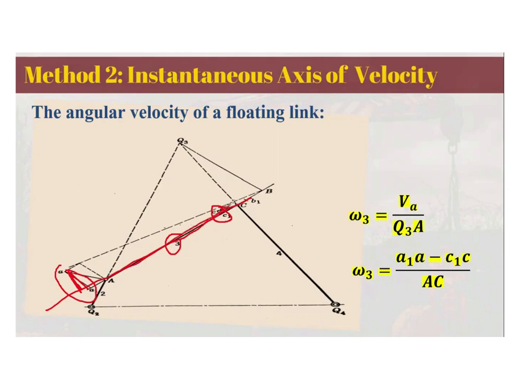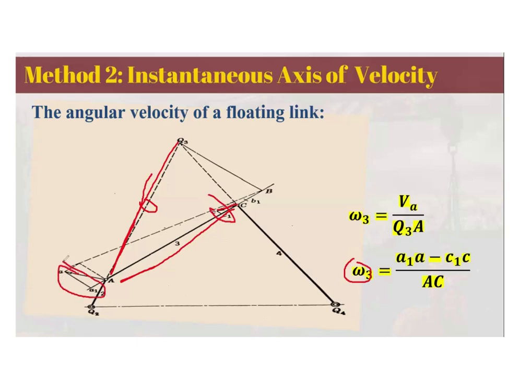and C. The good thing about this second formula is that if you cannot find this length here, because this is imaginary and usually it's not given, but this length here is given, then you can solve for the angular velocity simply by resolving the velocity of C into perpendicular components C1C and the perpendicular components for A, that's A1A. So that is the second method for finding the